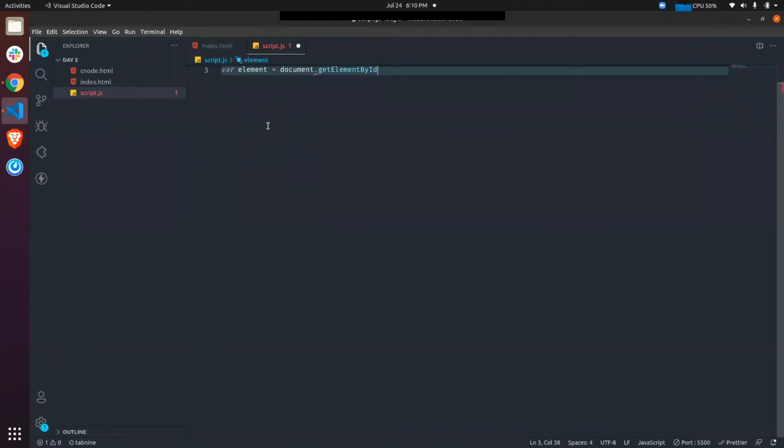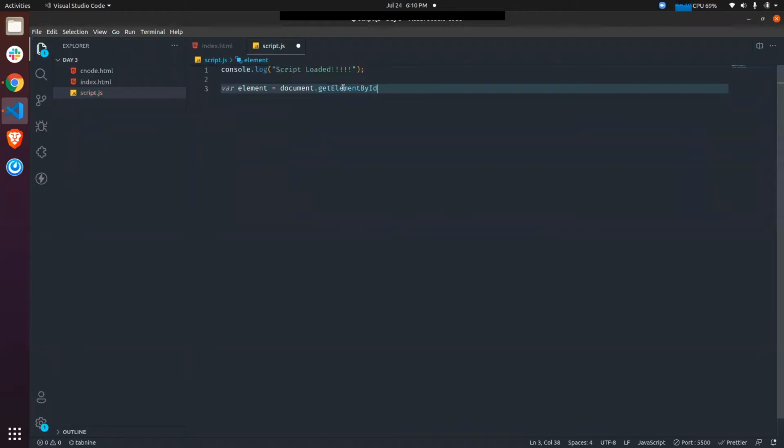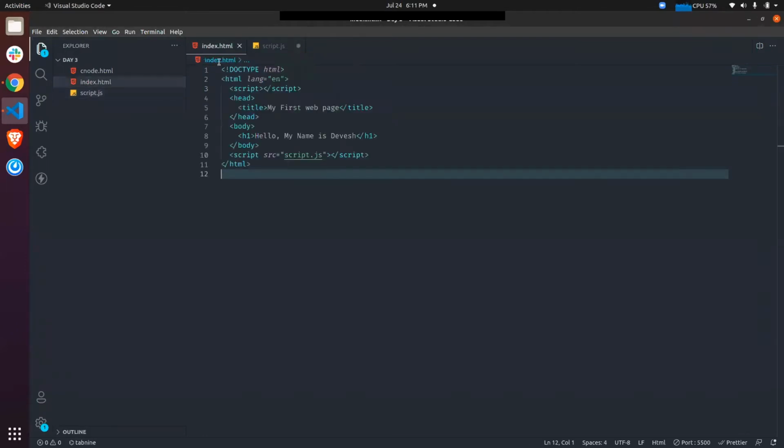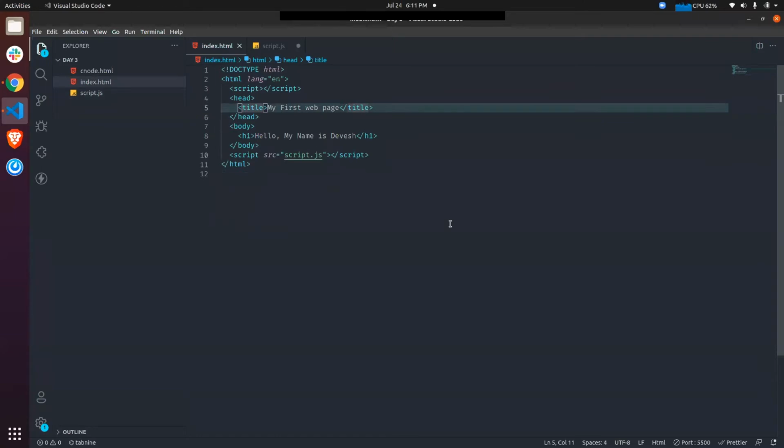If we talk about get element by ID, it states that getting some element using ID. I guess you all remember yesterday's lecture about the IDs and classes, right? We can manipulate the DOM using IDs, using classes, even using the tags. We'll do it one by one. Let's first look at how we can manipulate the DOM using IDs. So we have this h1 tag over here.